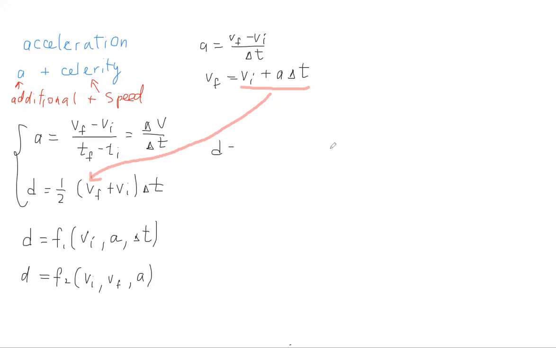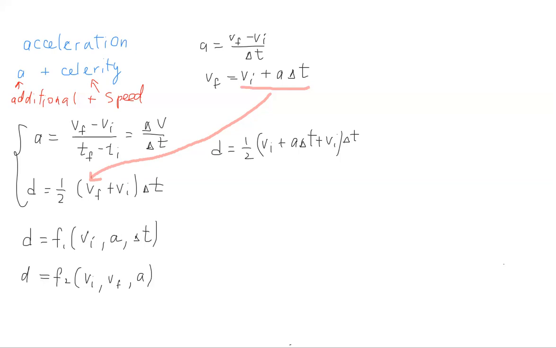D equals 1/2 times v initial plus a delta t, plus v initial, close, times delta t. Like that, right? Now what we're going to do, we're going to distribute 1/2, distribute delta t, combine like terms,